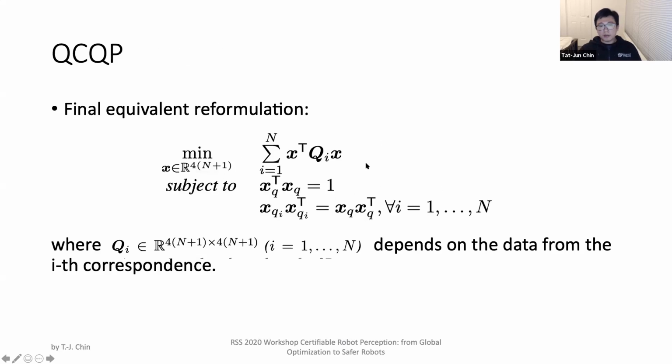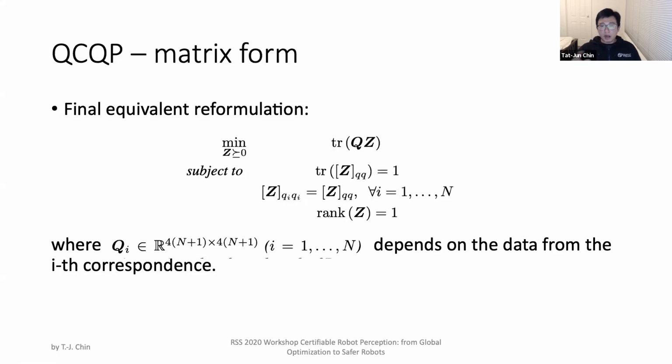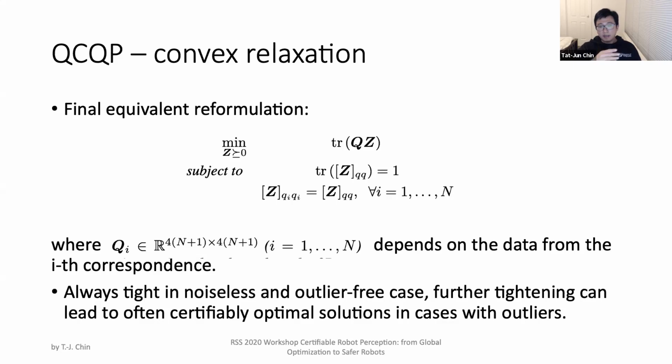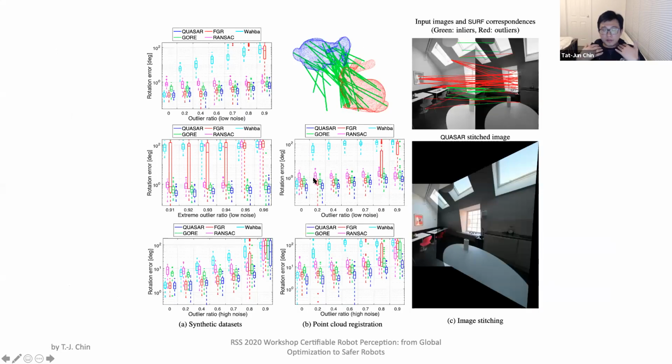And similar techniques to those covered by Luca before, instead of finding R, we find Z, the matrix that multiplies the R's together. And we've removed the rank constraint, hence we get the convex relaxation. And it's provable that it's always tight in the noiseless and outlier-free case. If you add further constraints, as Hank will show later, it will often lead to certifiably optimal solutions in cases with outliers. So these are the three main things we can do under the theory, under the fundamental hardness